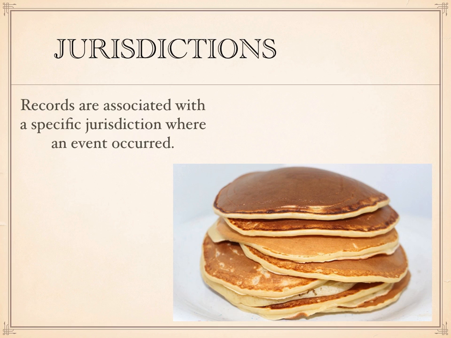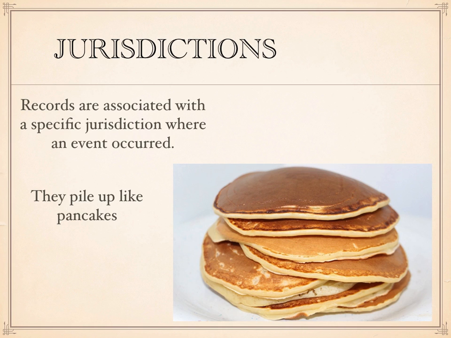of interest. So, for example, a church could be divided up into various geographic locations. These would be the jurisdictions of the various churches. Schools have school districts. That's the jurisdiction for a school. There are states, there are national jurisdictions. Any place where a record could be created associated with a geographic area is generally considered to be a jurisdiction. The important thing about these records is that they pile up like pancakes.